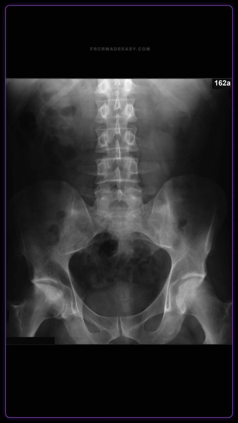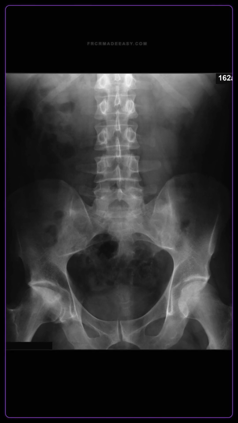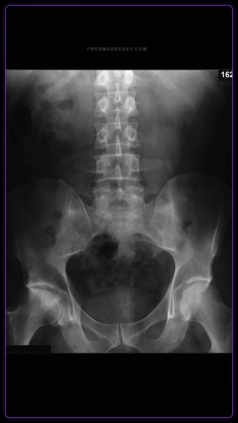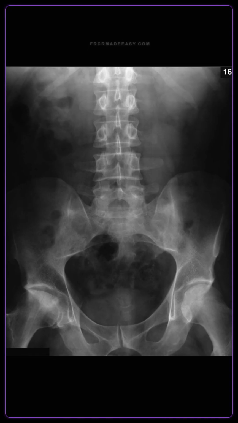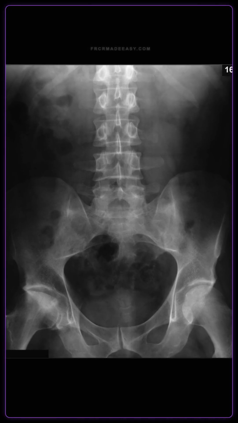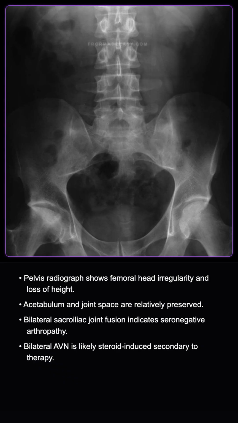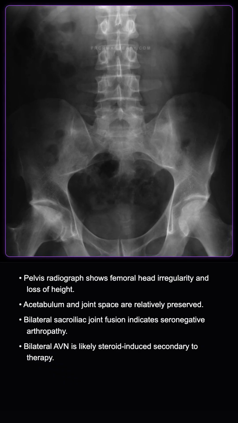A 30-year-old male presents with severe hip pain and limitation of movement. I am showing you the pelvic radiograph. Describe the findings. Right, so the pelvic radiograph demonstrates marked irregularity, sclerosis, and loss of height of the femoral head,